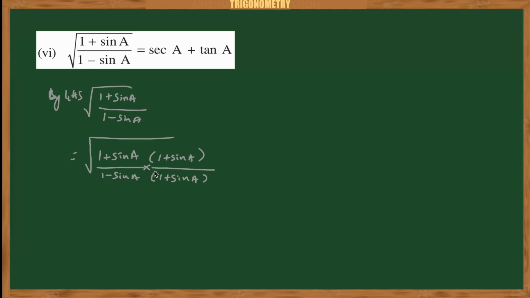The value remains same, so to simplify, we are multiplying here. Okay, let's do the further step. Let's solve first inside the root, then we'll put the root here. So this becomes a square: 1 plus sin A whole square divided by